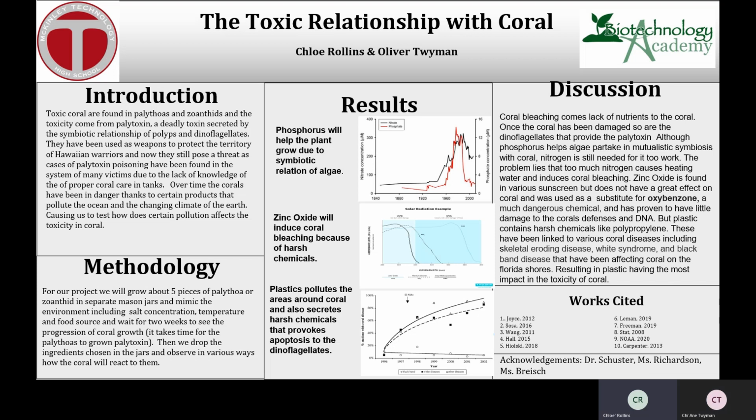UVB is just for skin burns, but UVA is for skin cancer and wrinkles. As you can see, zinc oxide passes all of the chemicals, which makes it a viable source